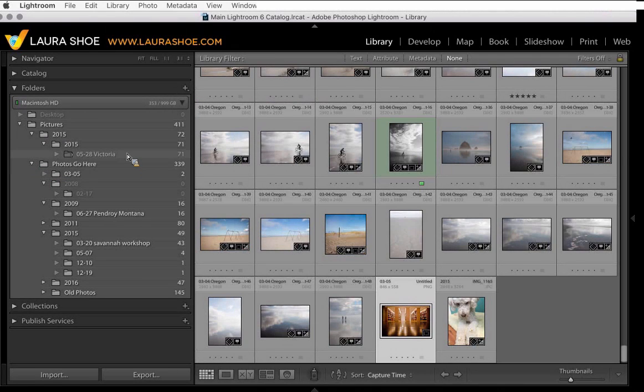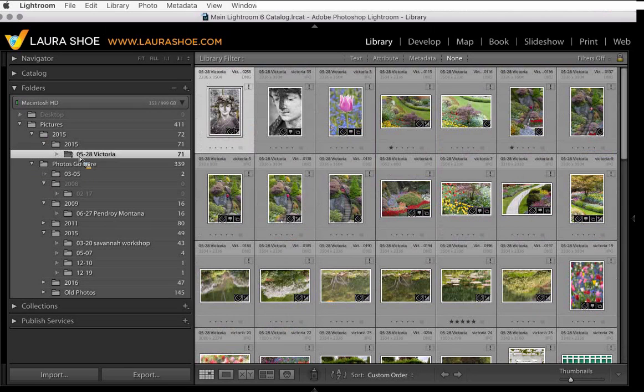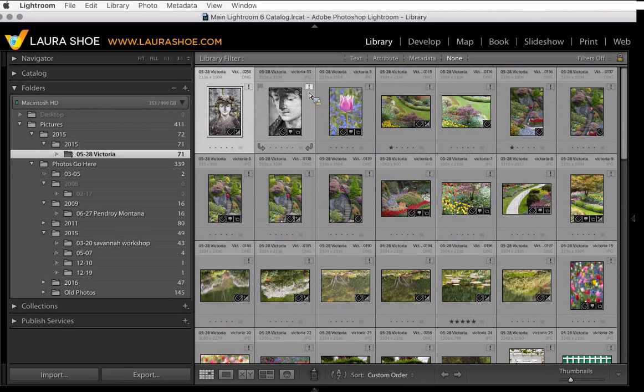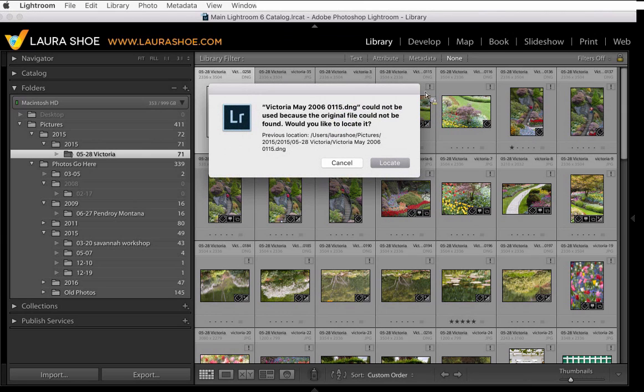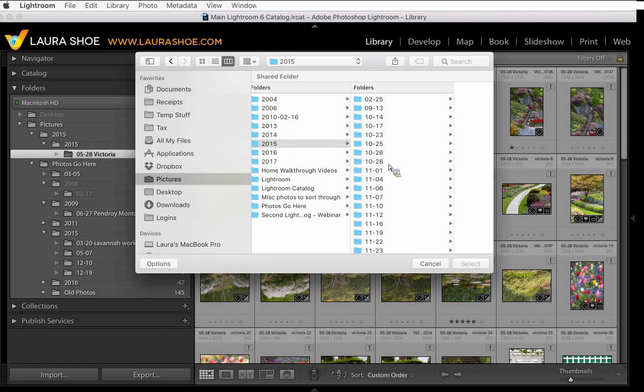Now sometimes you won't have question marks on folders, but you'll still have exclamation points on individual files. And if you went to develop, it would say file cannot be found. That would be because you moved just the individual photo files, or you renamed them, or you deleted them outside of Lightroom. In that case, if there's no question mark on the folder, you'll want to click on the exclamation point and click on Locate. Again, Lightroom's not going to go locate it for me. I need to go figure out where it is, navigate to that,